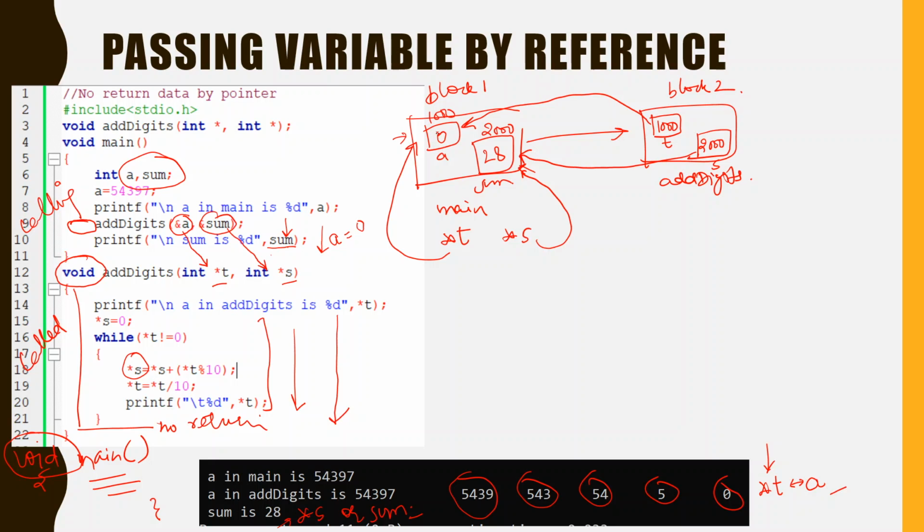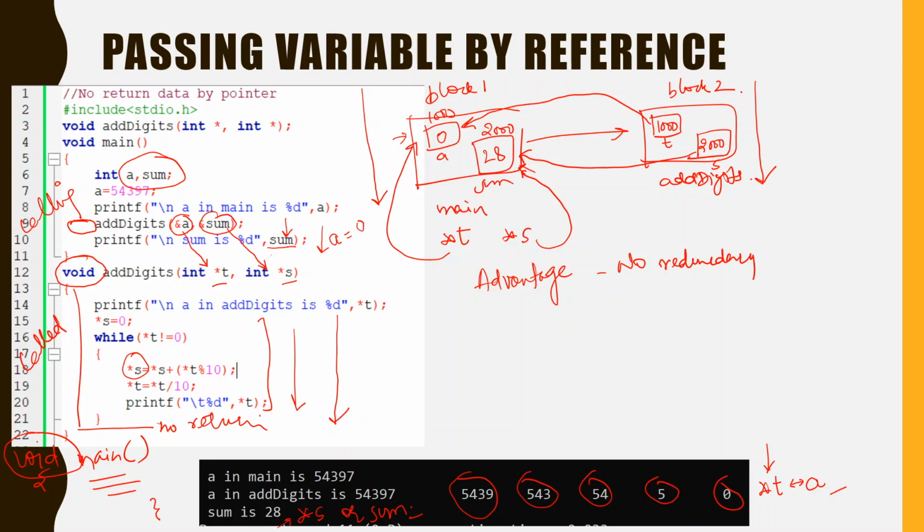So the final values after the execution of the called function would be the final values of the parameters. You can see that the called function is running in this block, but since it is referring to various addresses of block 1, any change in block 2 is directly reflected at block 1 without passing the values. Now there are some advantages, and I can also denote some disadvantages. The advantage is that no redundancy is there.